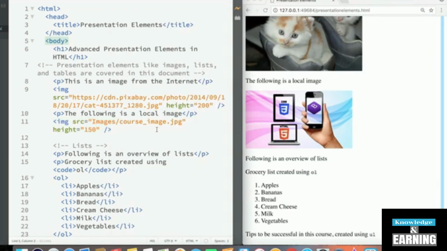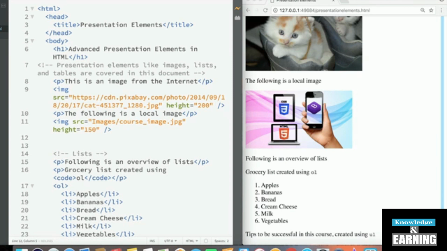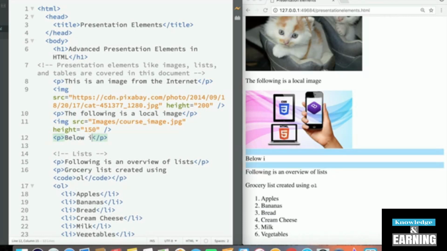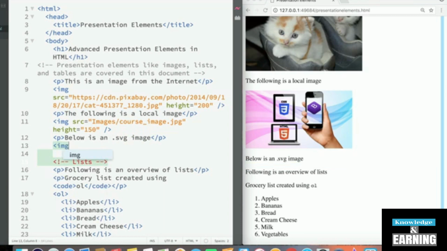The problem that some JPEG and PNG images run into is that if they don't have a high enough resolution, they look a little bit blurry. But here, when we link to an SVG image, I'm going to create a paragraph. Below is an SVG image. And now when I link an SVG image,